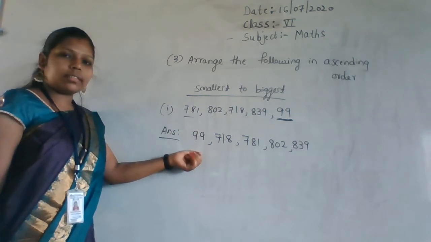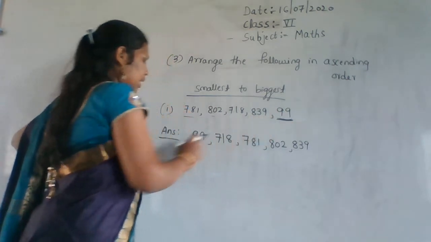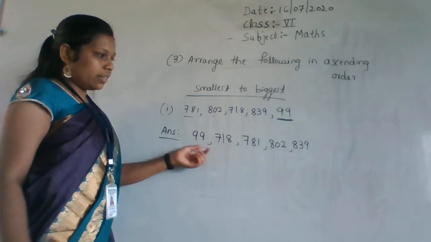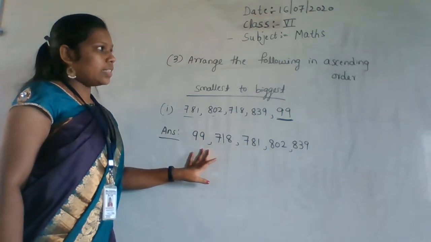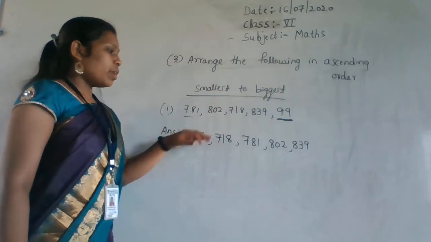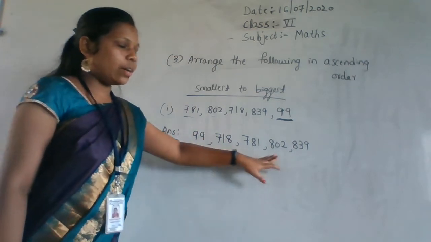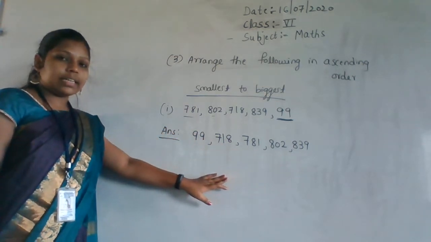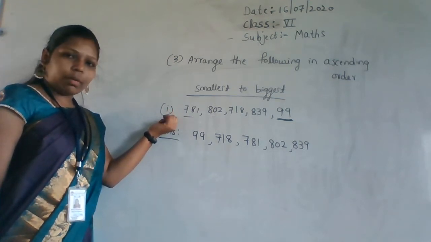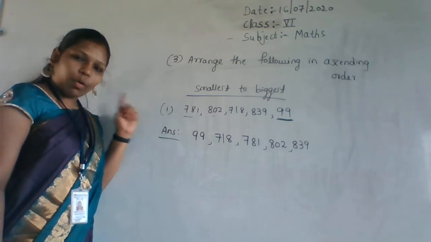So this is called the ascending order of numbers. They give a question like this, and you have to write the answer here. It is in ascending order. Ascending order is nothing but smallest to biggest number. So you have to write the smallest number first, and after that, in increasing order, you write the numbers. That is the ascending order. I did only one problem as an example, and another three are there. You have to do them in your home.